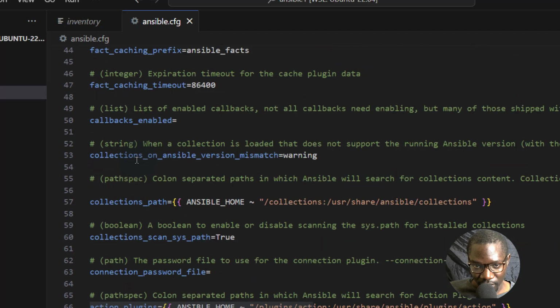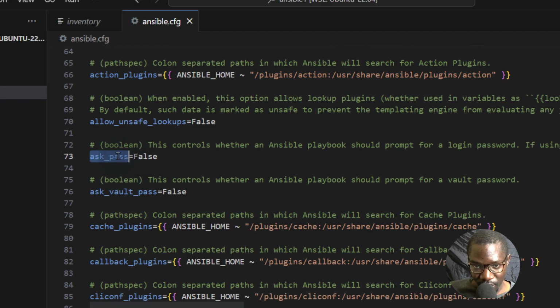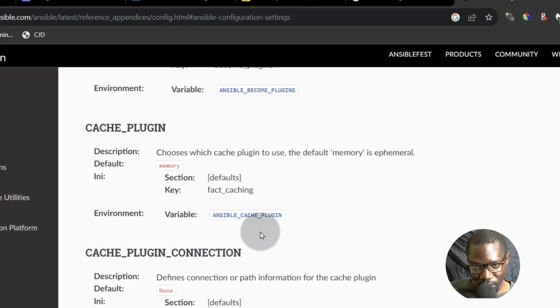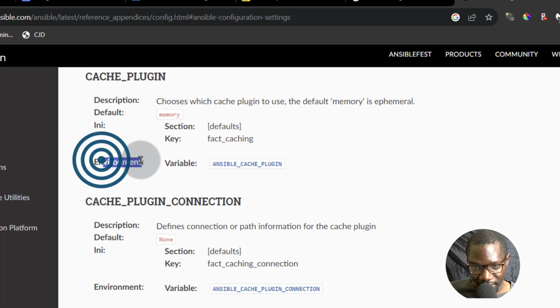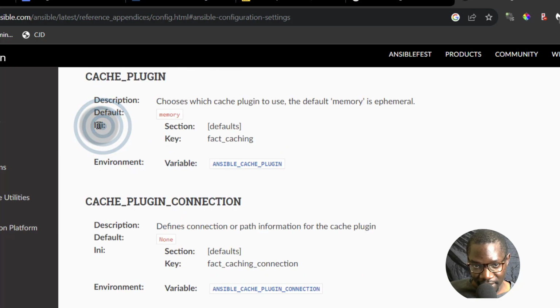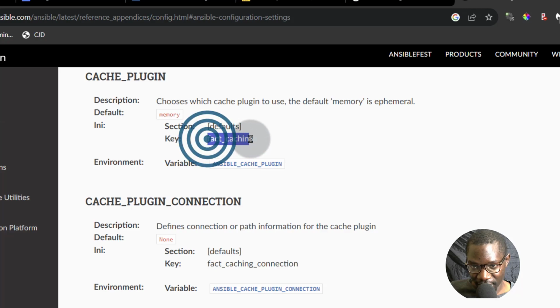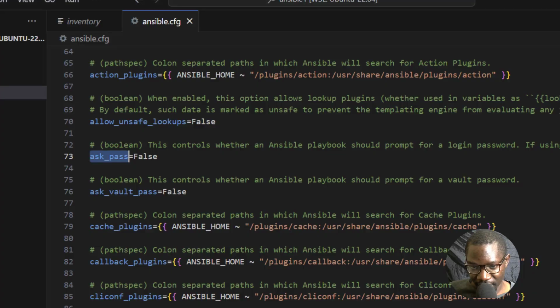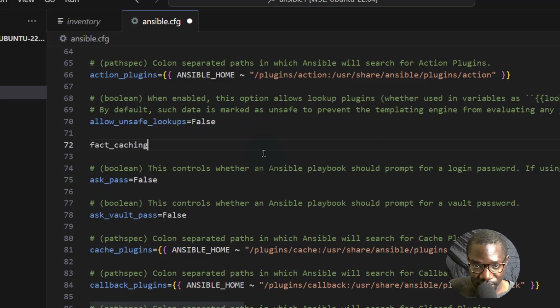The thing I wanted to stress here is, if you are looking through the documentation, don't ever get lost. If you want to change the cache plugin for Ansible, the variable name you'll use in your ini is fact_caching. So you'll just write fact_caching. Let's say this is the one we want to add, fact caching, and then come back here and maybe you want to add it there. Control V is equal to whatever you want to add there.